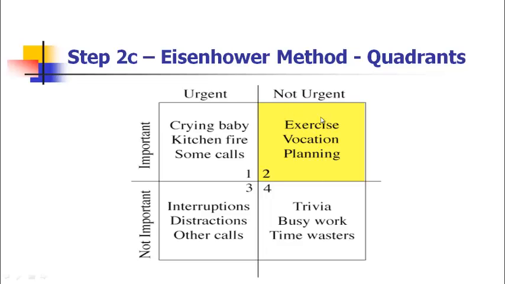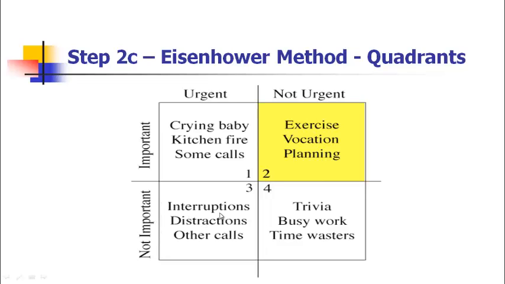The next quadrant is not urgent and important. Here you have planned some activities, like for your health, you have planned exercise activities. Then you wanted to do some planning work, so you have kept that activity here. Then vacation kind of things. So all those things, whatever falls here, are important but non-urgent.